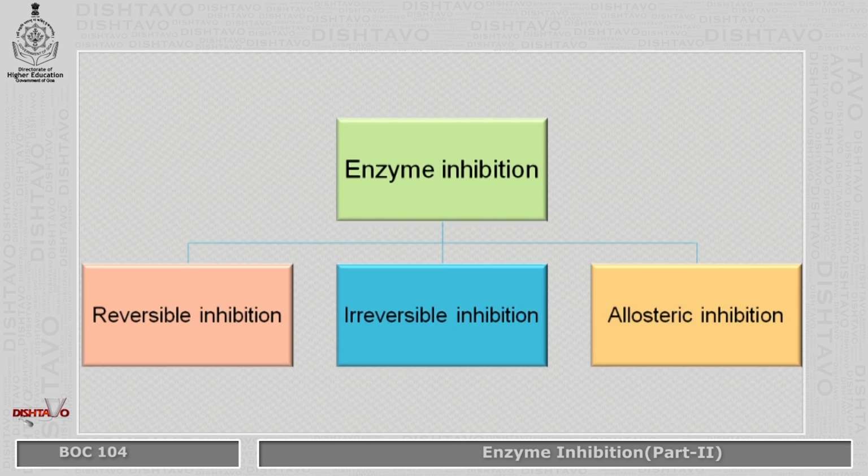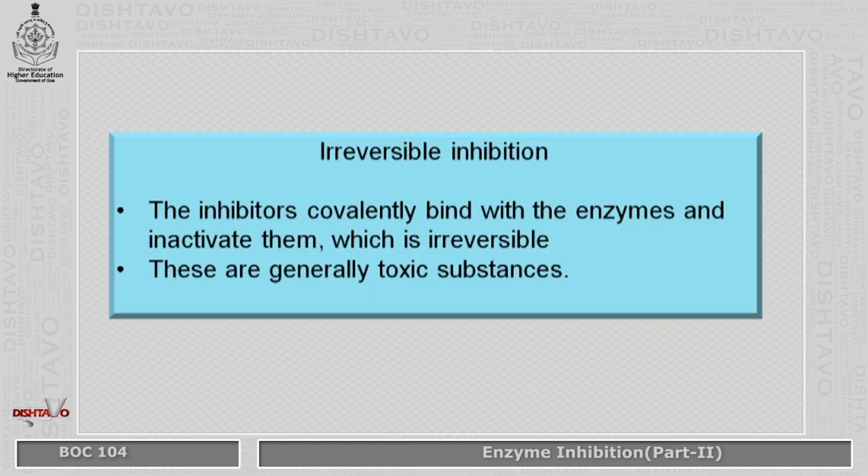Out of these three inhibitions, you have studied in detail in the previous module, reversible inhibition. And so, in this module, I'm going to concentrate on the irreversible inhibition and allosteric inhibition. What is irreversible inhibition? In this type of inhibition, the inhibitors covalently bind with the enzymes and inactivate them, which